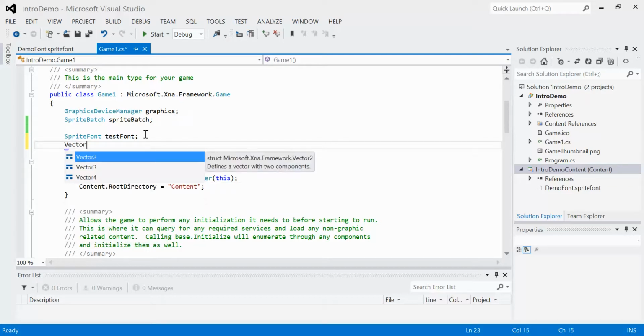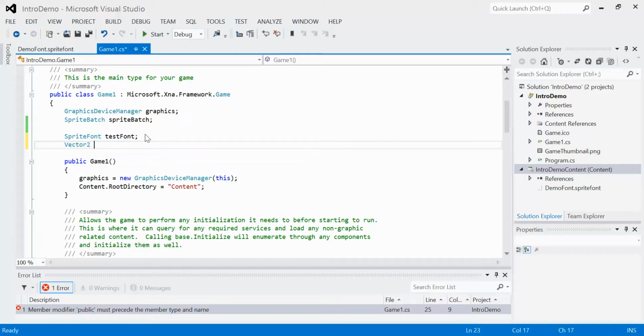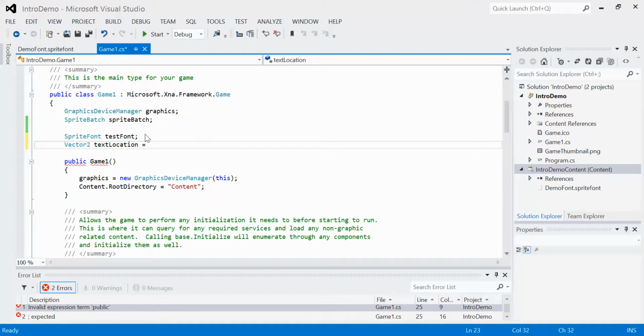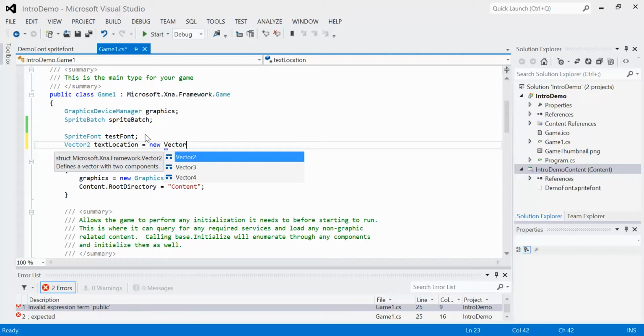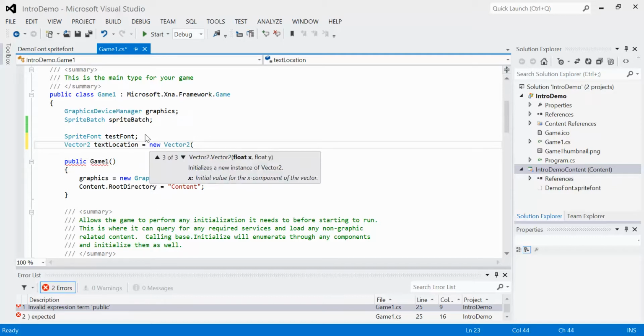Oops. Vector2. And I'm going to give it a name. I'm just going to call this text location. And now I need to give it some starting values. So I'm going to say equals new vector2. And you'll see when I open up my brackets, I have 3 options. This is the one we're looking at, X and Y. Now you see that